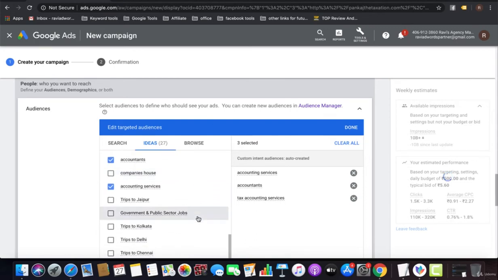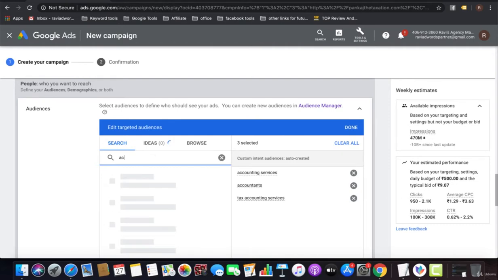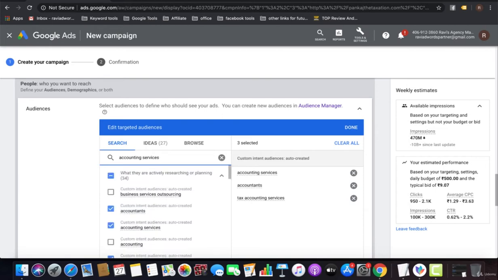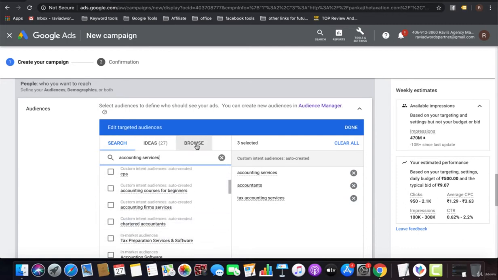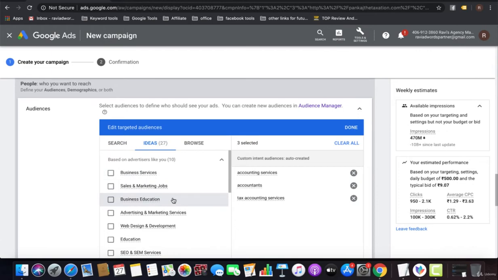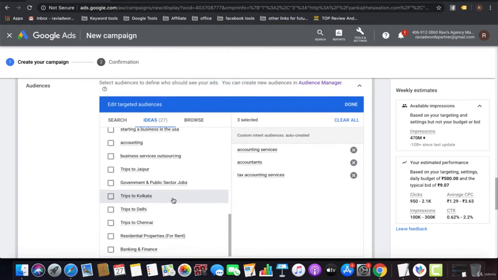I have already selected these. You can also search accounting services, and it will give more audience category ideas, like business accounting, outsourcing, accounting, bookkeeping, and all other things. So for search, you select by searching the ideas by yourself, and for ideas, Google automatically suggests audience categories based on your website and your categories as well.